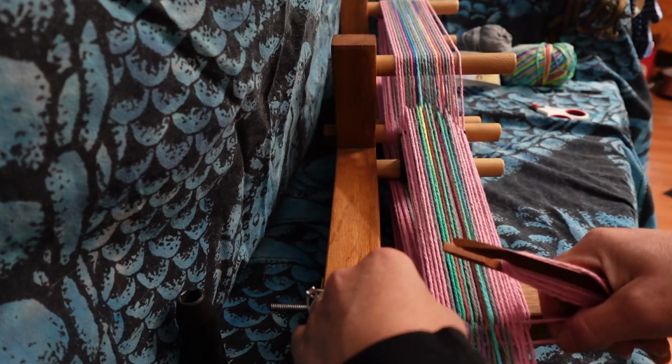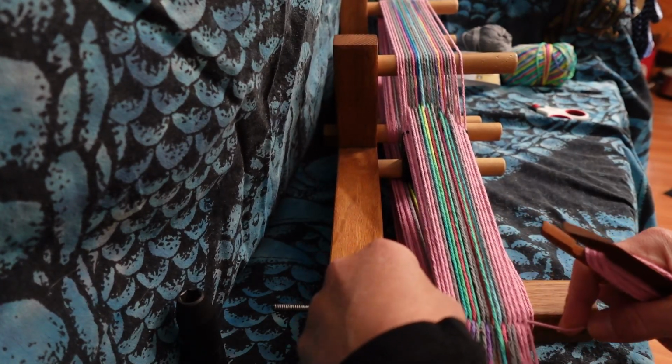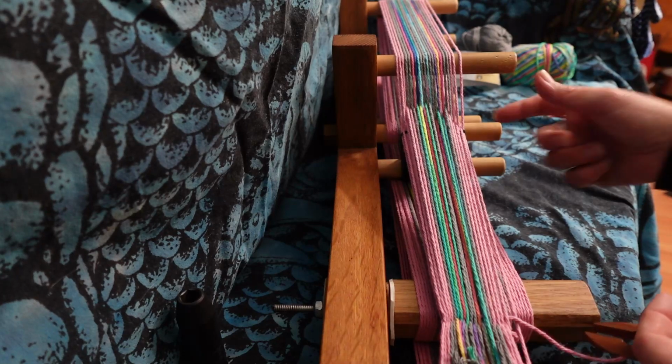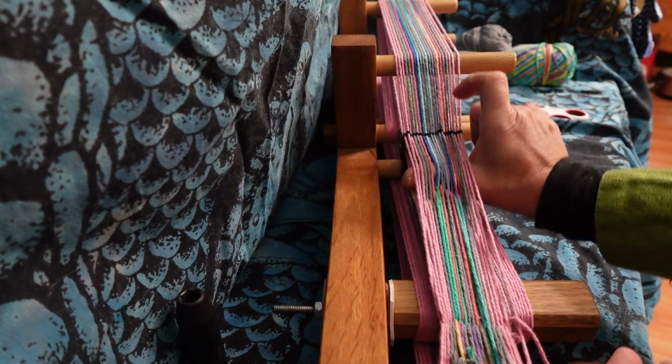So getting the beginnings are always a little rough. There are ways you can do it. I can see I've already made a mistake. I missed one. I didn't pick it up. That's all right. We'll just keep going. It's not a big deal. We'll pick it up on the next one. So now,